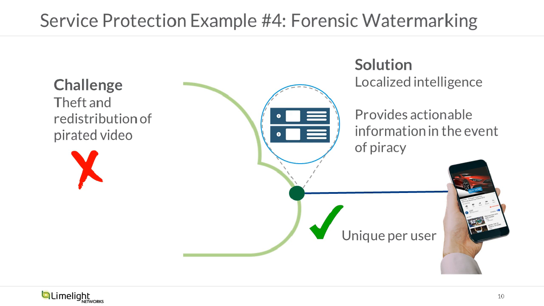There is initially one additional step which is happening during the content preparation to prepare the content for watermarking. And during the delivery at the edge, using the Limelight Edge Function platform as an example,